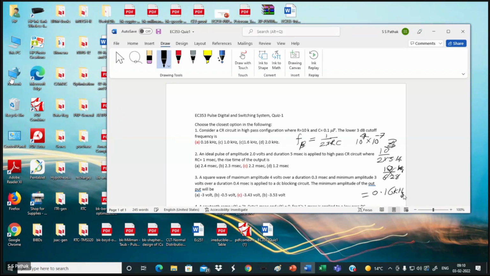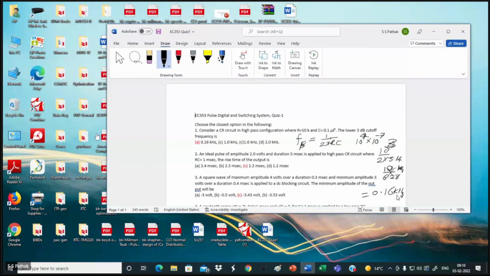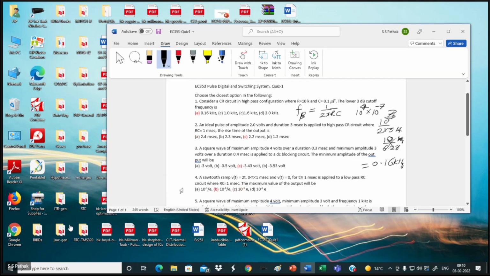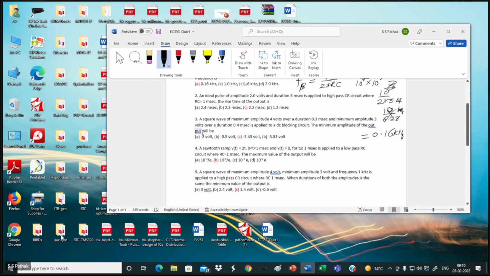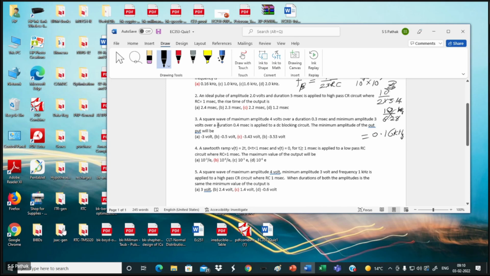Is the answer acceptable? High pass filter you have done in your... Yes, sir. We got the answer, sir. Got the answer now. Which one is the problem? Question number 2 was also straightforward. Sir, third, fourth, and fifth one we are having doubts, sir. Third, fourth, and fifth one. That's what I'm asking. Which one to try now? Can you first try fourth one, sir?